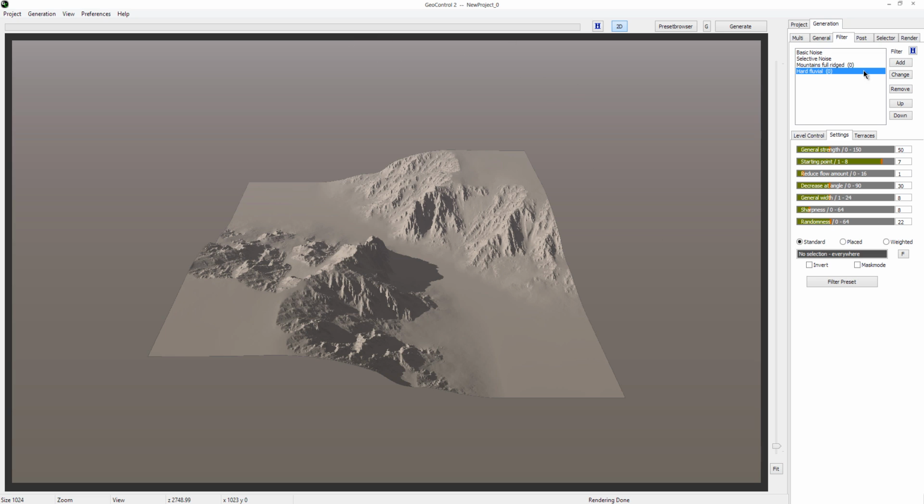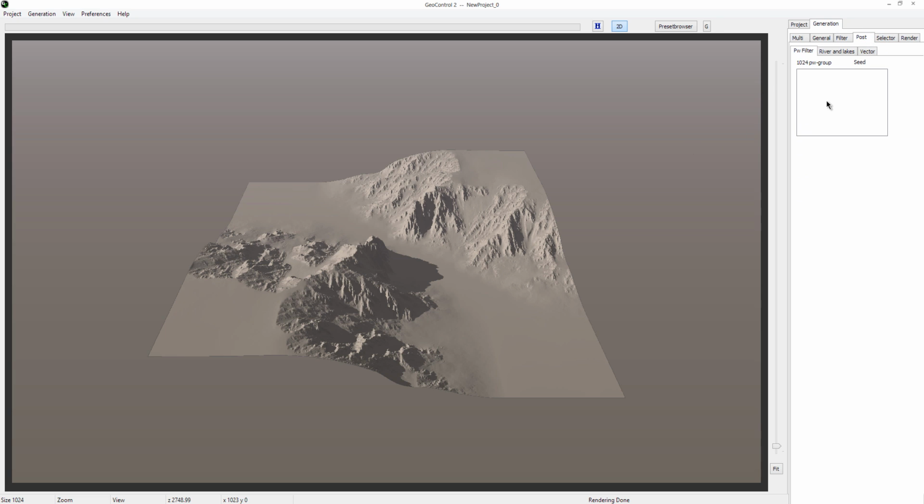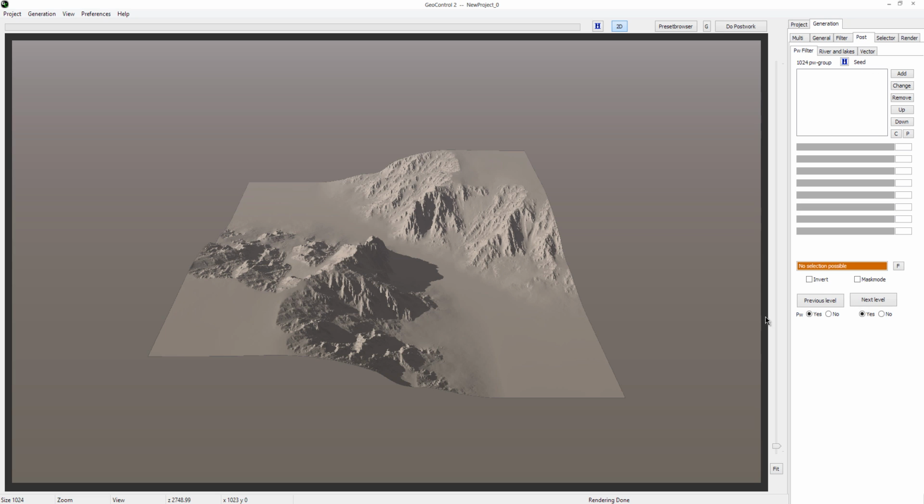Alright, so I have everything here that I want inside of the filter. There are a lot of other filter options to talk about, but I'm just going to cover the ones I have here already. Next is post, and in post there are a lot of awesome things you can do. One of the most amazing ones, I think, is the river and lakes. Here you can specify different points which are considered springs inside of Geo Control, and Geo Control actually renders out